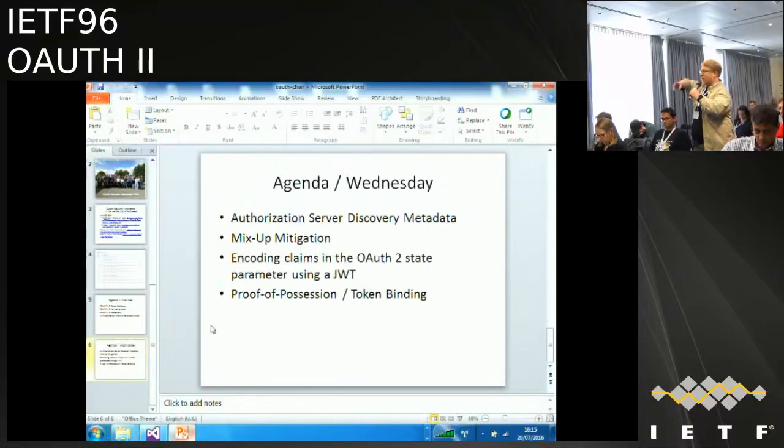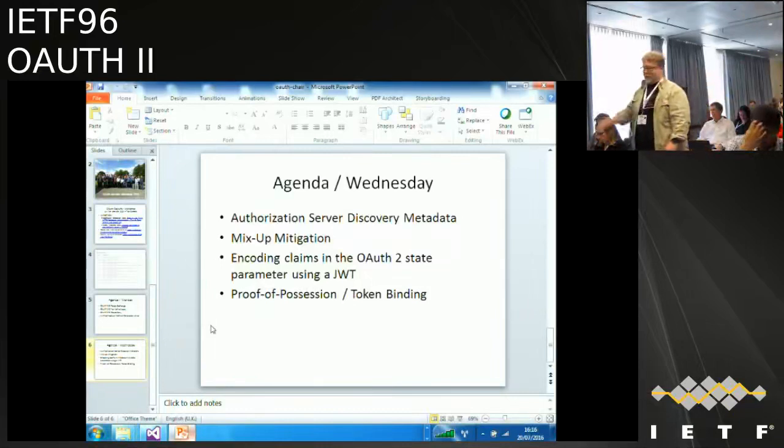I think we understand the threat of the nefarious client fairly well. I think over time we will probably move to proof of possession tokens to get around this. If you want to eliminate nefarious resources' ability to replay tokens at other resources, that's what proof of possession is designed to solve. So that stops you from having to know a priori every endpoint in the network. So you either have to pre-configure everything in discovery files, or you have to use some sort of proof of possession or tight audience restriction. There's really no other magic pixie dust.